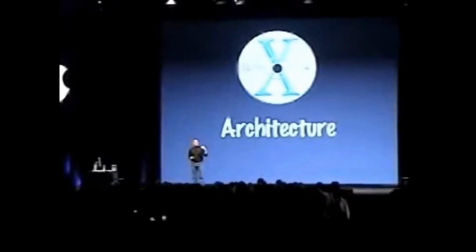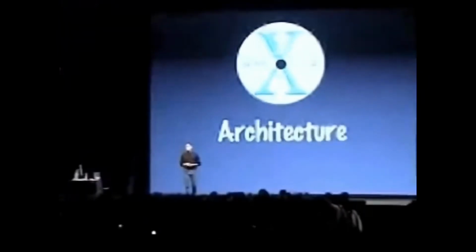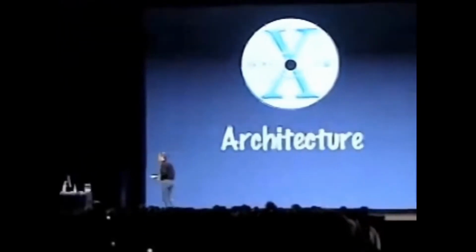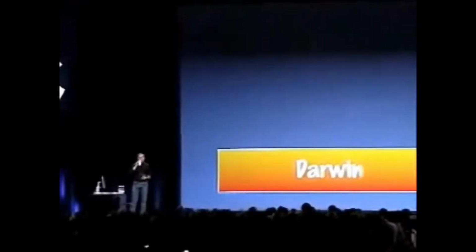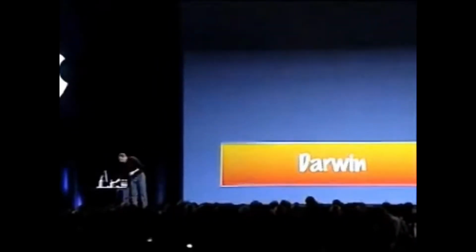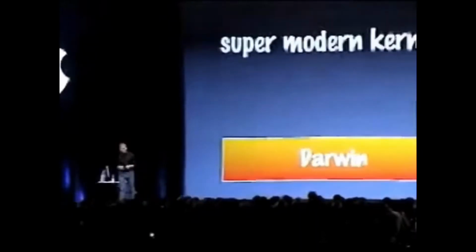Now I'd like to go through the architecture of Mac OS X with you. To start off with, we need a kernel. And that kernel we call Darwin. Darwin's amazing. It's a super modern kernel. And it's got protected memory, preemptive multitasking, modern networking, all the things you'd expect, done in a very elegant way.